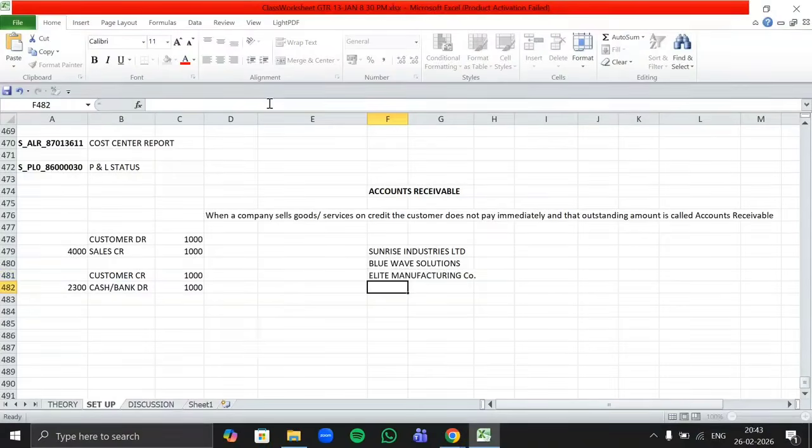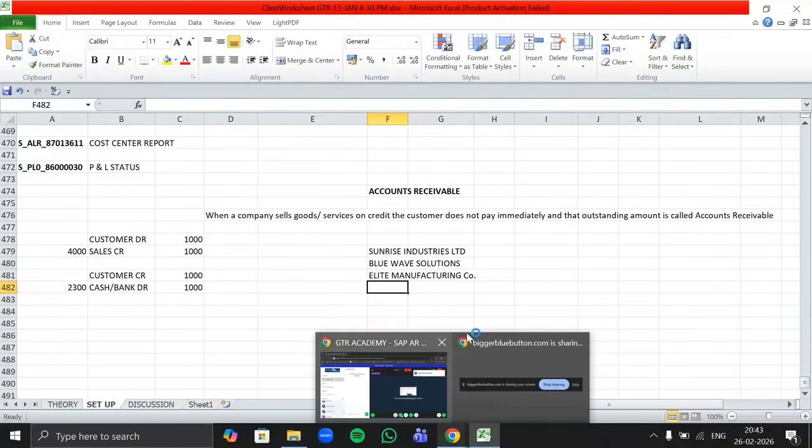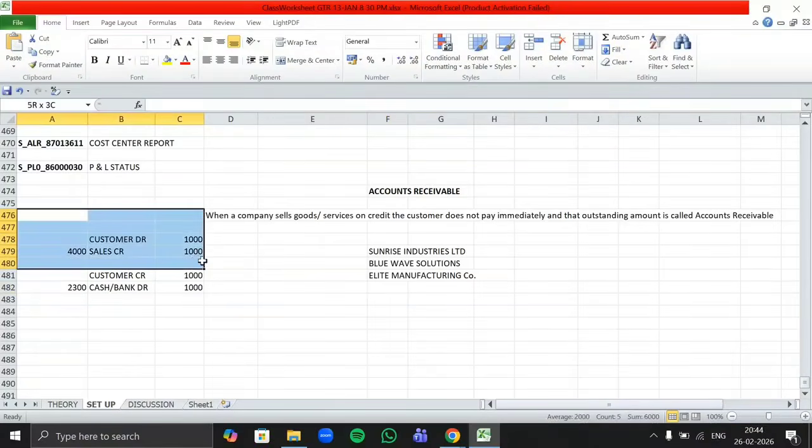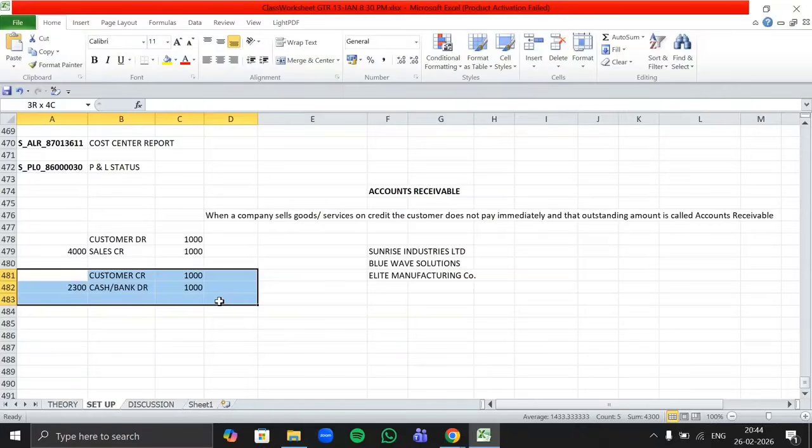Are you going to create these 3 customers as individual GLs here? No. Here we are selling a product to a customer, but we have not received the money, so that is booked under the receivable accounts, and once we receive it, we book the payment entry.